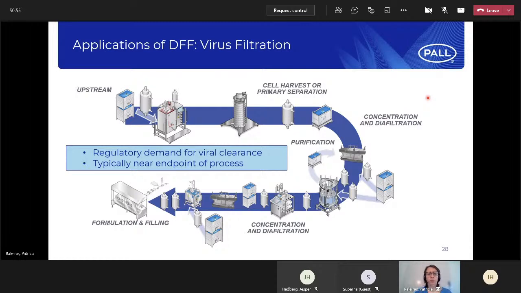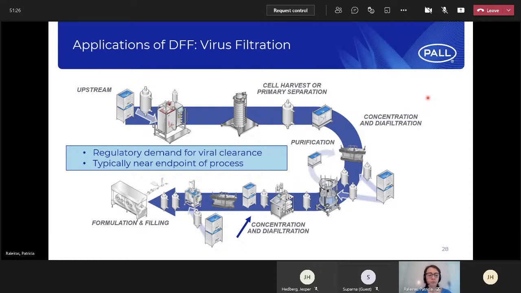So one of the ways that you can do this is doing a treatment of your product at low pH, if it can tolerate that. You can also use chromatography steps and validate them in the process as something that can reduce viruses. But something that is relatively easy to implement is a virus filtration, which we do typically near the end point of the process. Pall has virus filters that are 20 and 15 nanometer